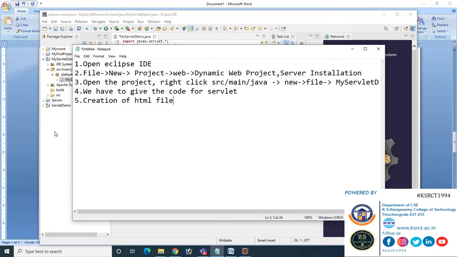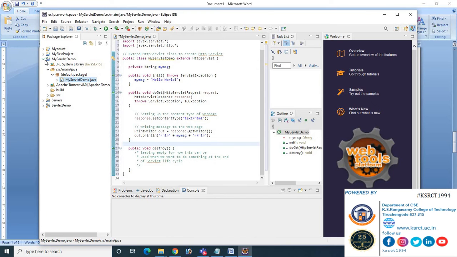In order to create the HTML file, we have to go to the SRC. Here there are two SRCs.